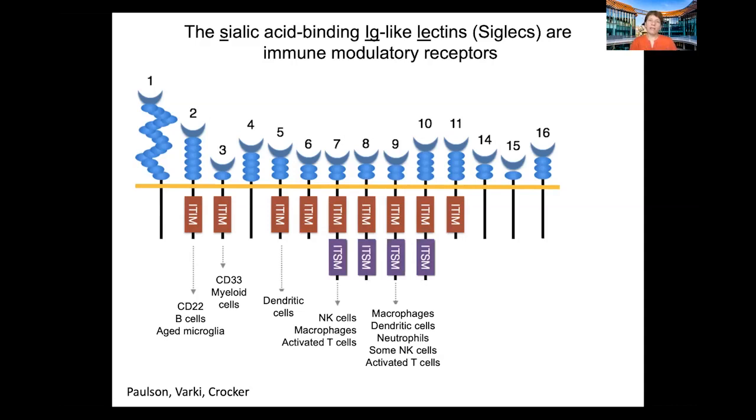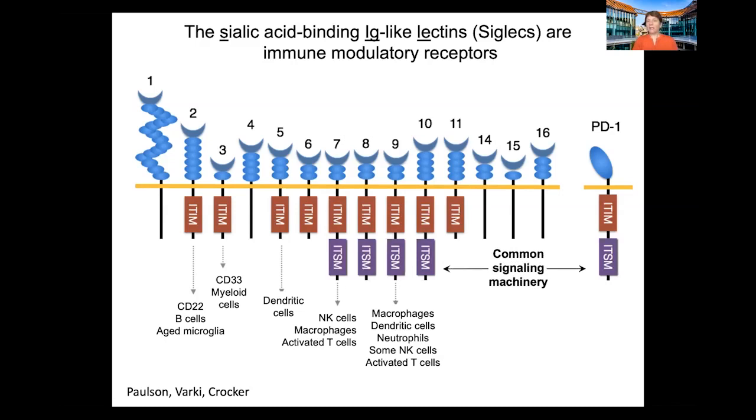But what was so intriguing to us and to others in this field was the fact that inside the cell, facing the cytosol of the immune cell, many of these Siglec receptors have domains that immunologists ascribe these acronyms, the so-called ITIM or ITSM domain. And these domains are the exact same domains on the T cell checkpoint receptor, PD-1, that allow it to signal to the immune cell to go quiet.